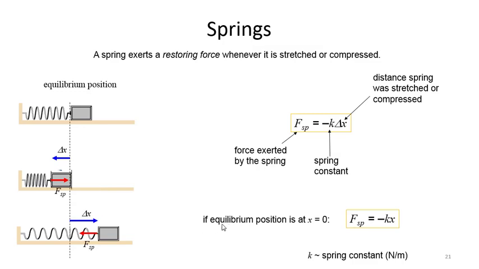A very useful thing is to set your equilibrium position at x equals 0. You get to choose where your x equals 0 is, so you might as well put it at the equilibrium position. Because when you do that, delta x is measuring how far you are from your equilibrium position. Delta x would be your x position now minus your x position of your equilibrium. But if your x position of your equilibrium is 0, then you can just say that this spring force is equal to negative k times x,